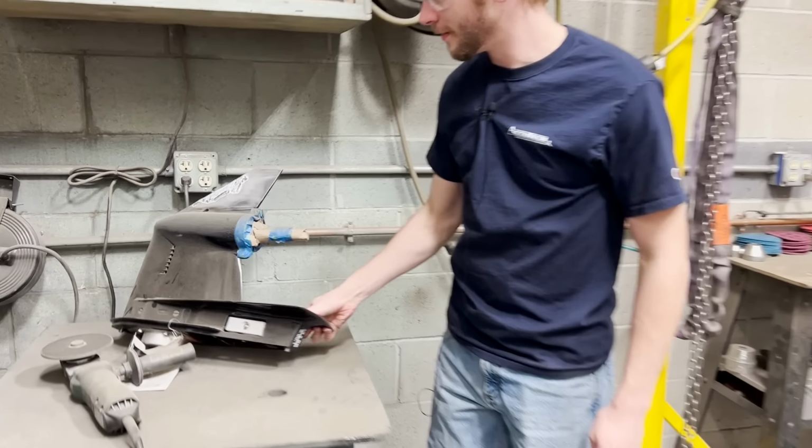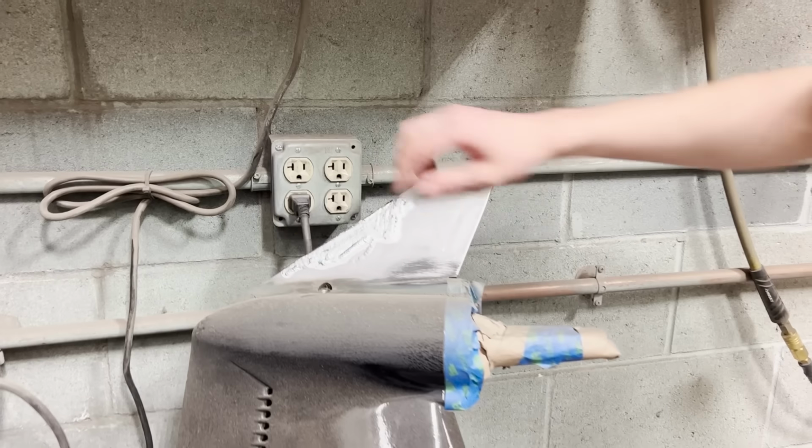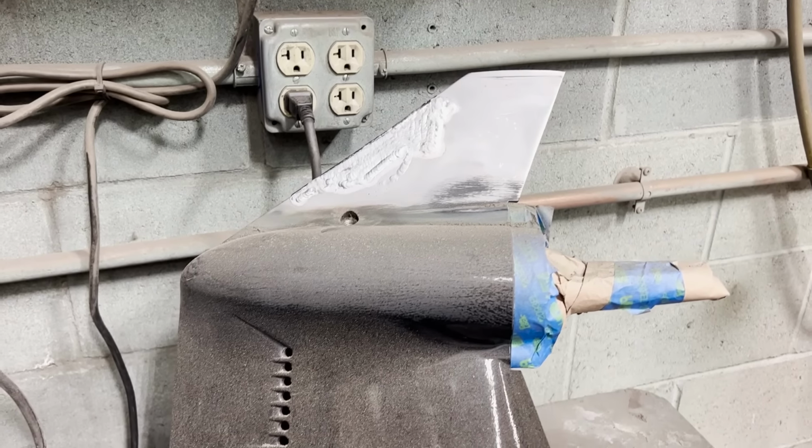Some of the lower unit repairs that I do. Oh, there you go. This one had a big chunk missing and I welded it back up. Still needs finish work, but